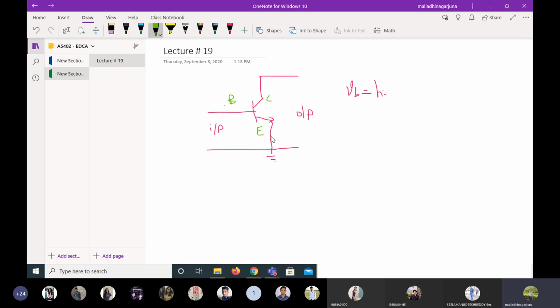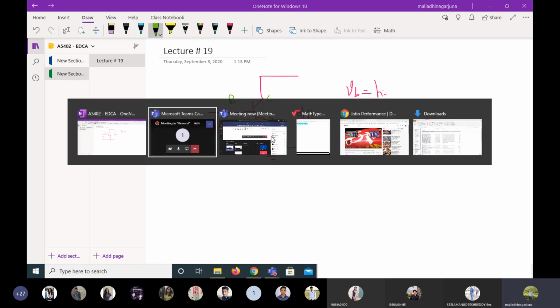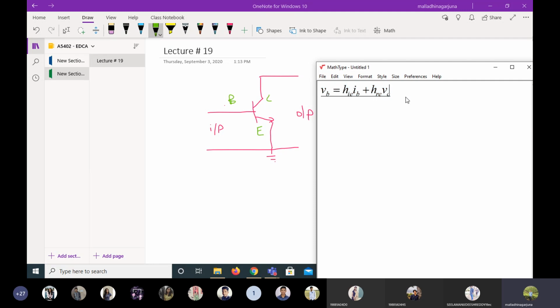Whereas Z parameters are used to calculate only impedances, and Y parameters are used to calculate only admittances. That is the reason we go for the hybrid parameter. Hybrid is nothing but a combination of all the different characteristics: current gain, voltage gain, input impedance, output admittance.